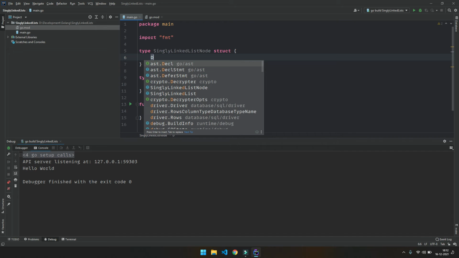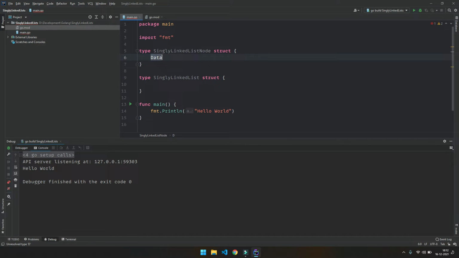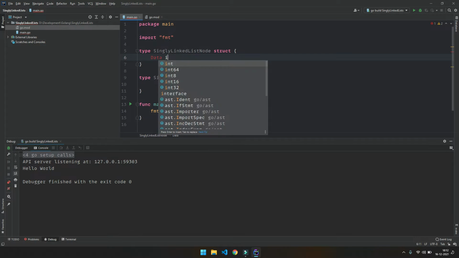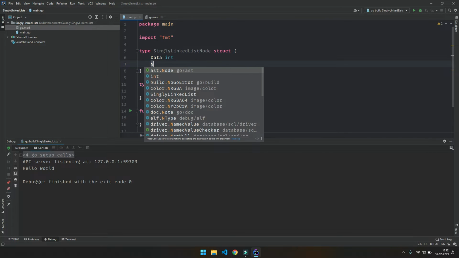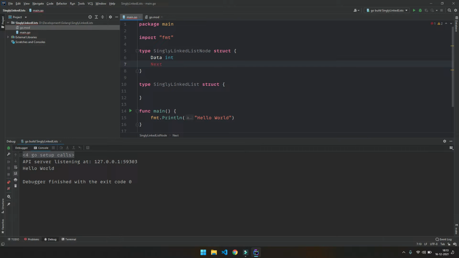So we are gonna use integer as the data for our singly linked list. So I'm gonna write data having a type of integer, and every node, as we see in the singly linked list, every node is linked to another node. So how will it link to another node? It will be linked by having a pointer to the next node of it. So we are gonna store the pointer of the next node. So there we go, and we are ready with our singly linked list node.